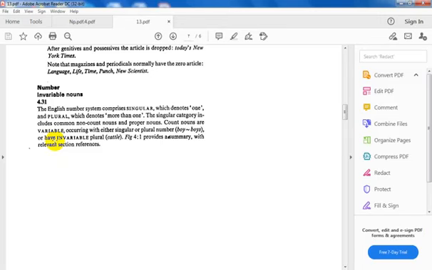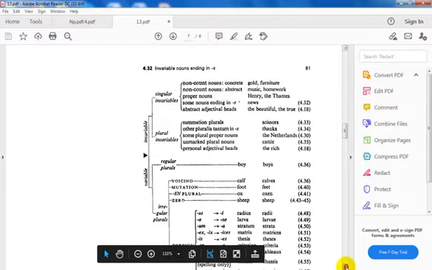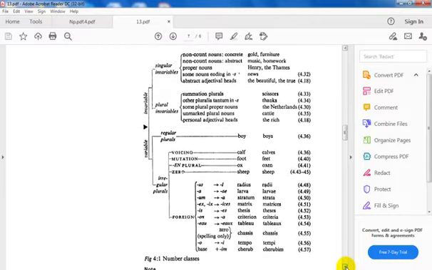The count nouns are variable, meaning changing, with variation occurring, like book, books, buy, bought. Here they are variable, occurring with either singular or plural. Or I have invariable, the same form. So count nouns are either variable, denoting singular or plural, or invariable, in which there is no change in the word. Let us see. This diagram is very important and at the same time practical.